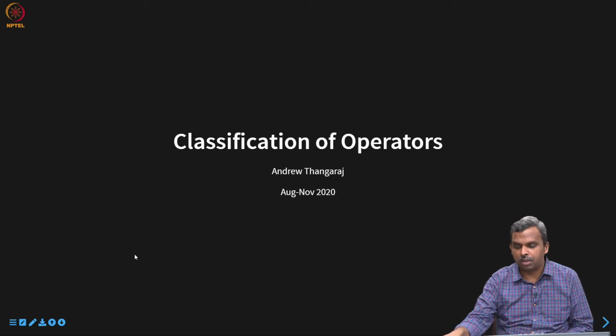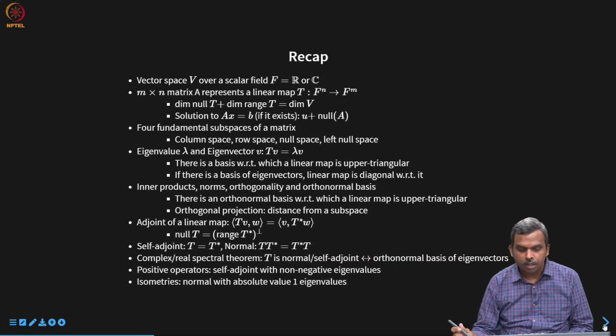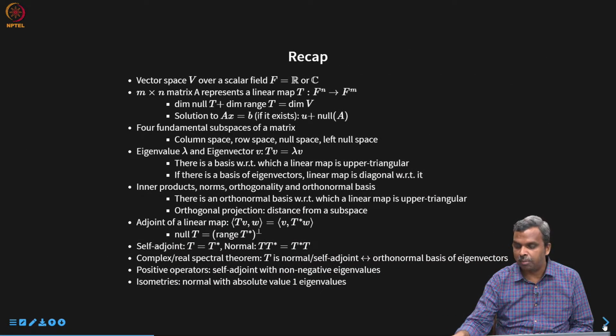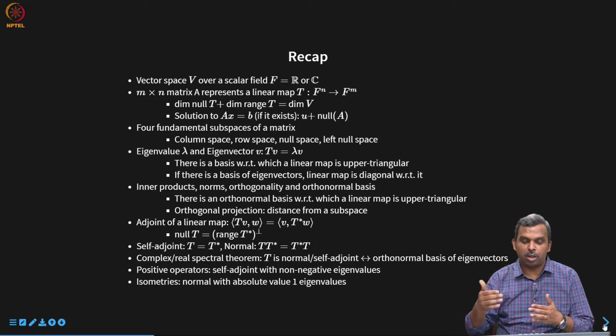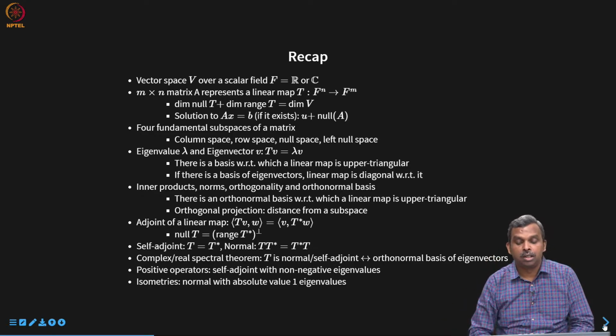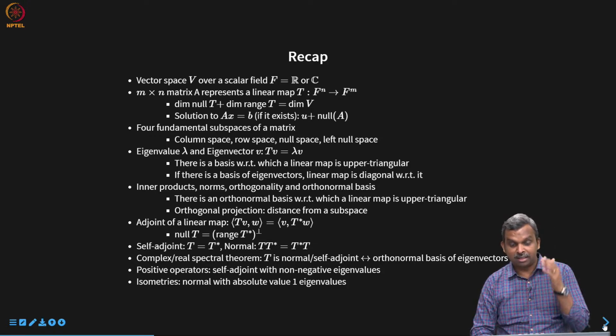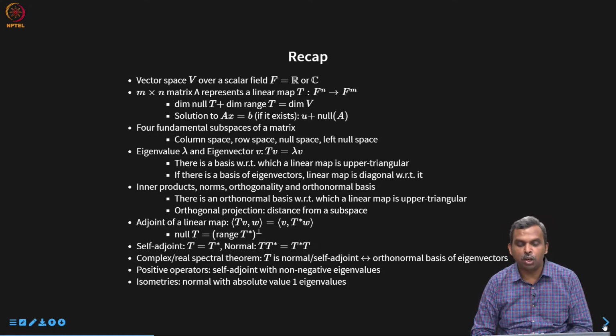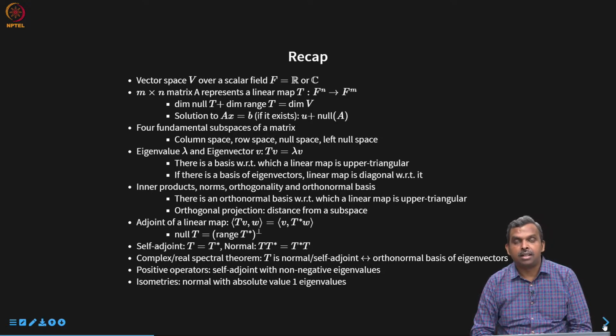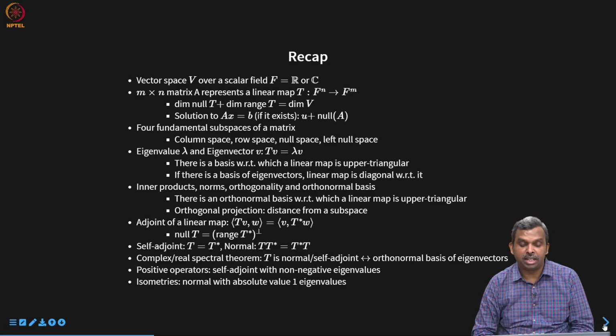Okay, so maybe it's good to see a quick recap. I think this recap will be useful because some of what I'm going to say will throw you back to what we studied a long while ago. We've been looking at vector spaces over a scalar field, which is real or complex, and there is this linear map, which is the key object of study for us, and is represented by a matrix. And null and range space are important to understand what the linear map is, and their dimensions add to the overall dimension. That's a very nice result.